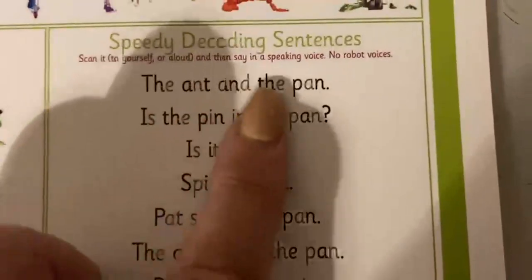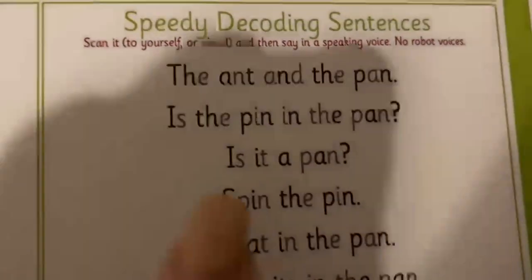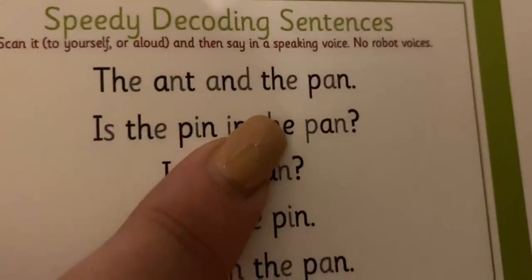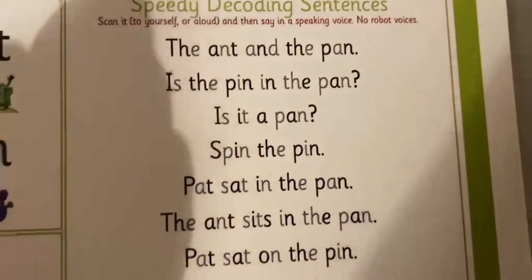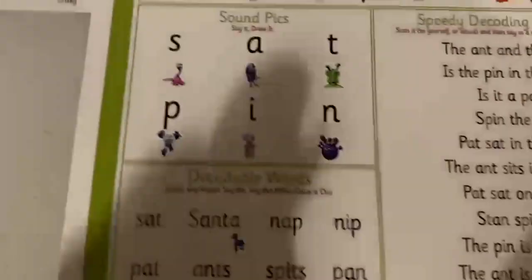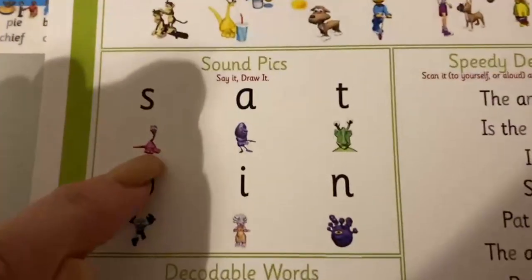And they're putting together high frequency words and the graphemes that they're learning. So we've got the ant and the pan. Is the pin in the pan? Is it a pan? Spin the pin, etc., etc. So it's really scaffolded, explicit, but it means that because of these phonemes, it's not just the fact that our opaque orthography,